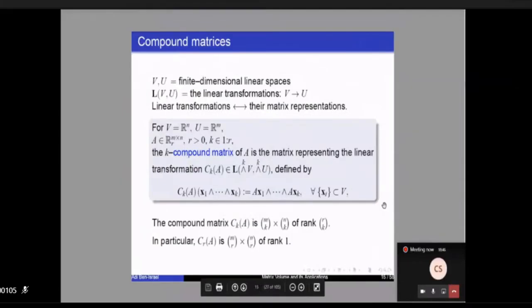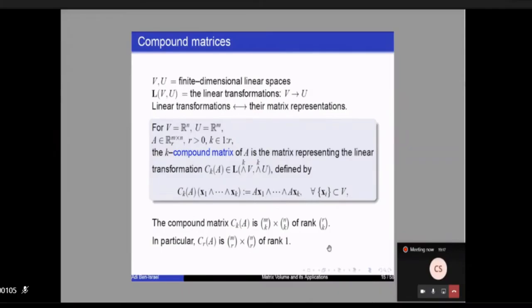The compound matrix comes next. It is the matrix representing the linear transformation from the K exterior product of V to the K exterior product of U, and it is defined by CKA, the linear transformation represented by that matrix, times the exterior product of X1 to XK, equal to the exterior product of AX1